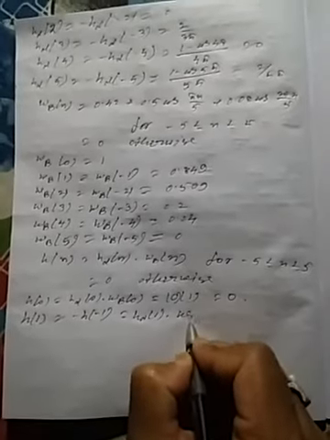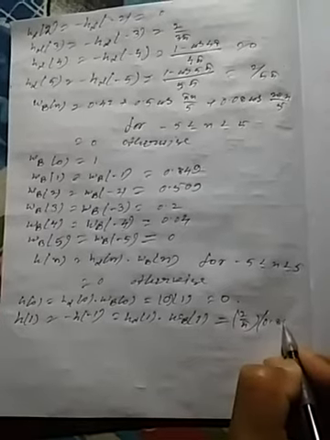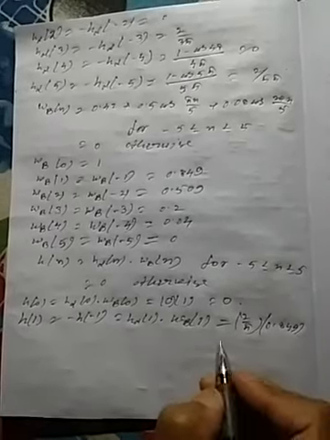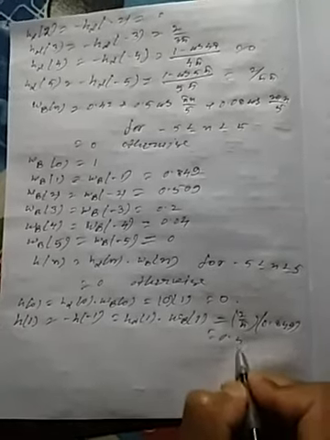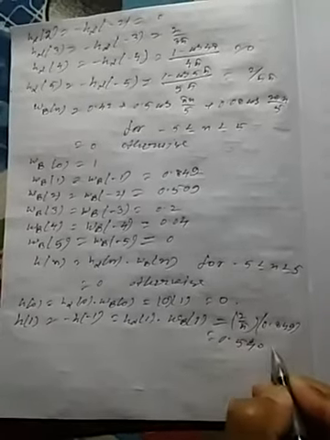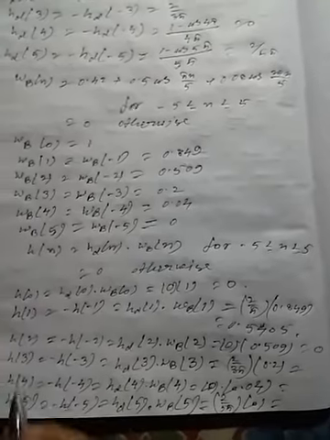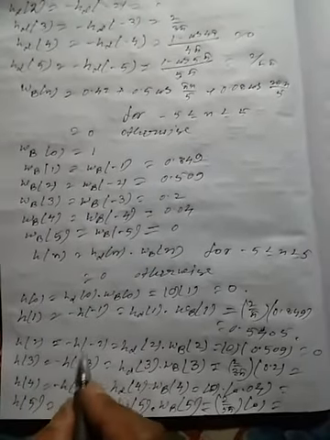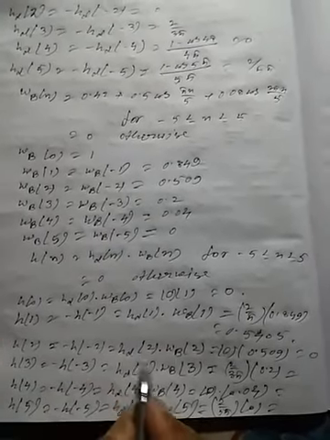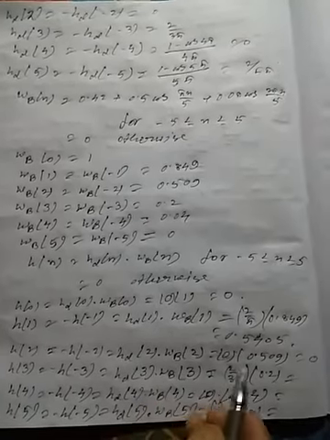hd1 into wb1, that is equal to 2 by pi into 0.849, that has the value equal to 0.5405. Okay, so h2 equal to minus h of minus 2, so hd2 into wb2, that has the value